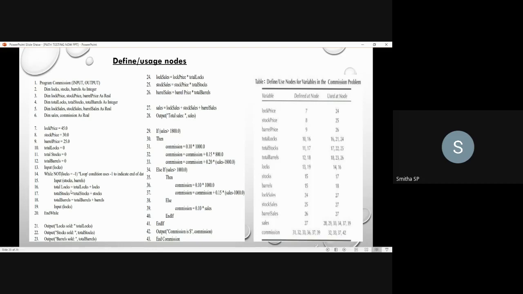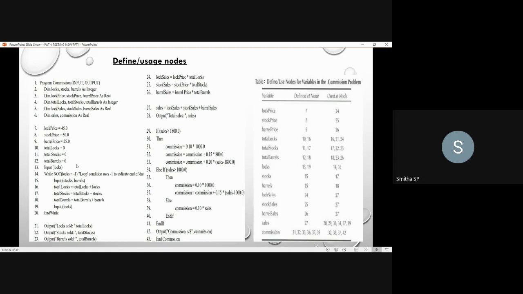Next, moving to the 21st. The total logs that has been updated here, which you have defined in the 16th node, has been used in the 21st statement, to print that total logs value as the logs sold. That's why you have written the 21st node as the usage node. Next, moving to the 24th node.